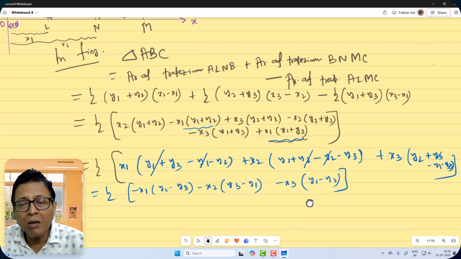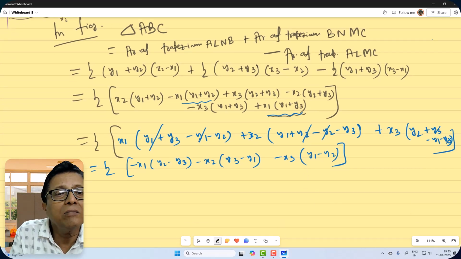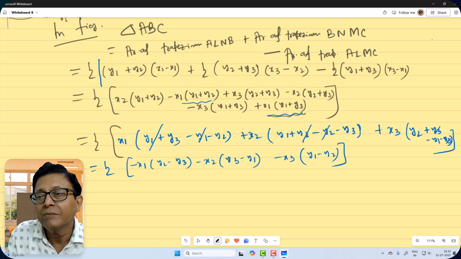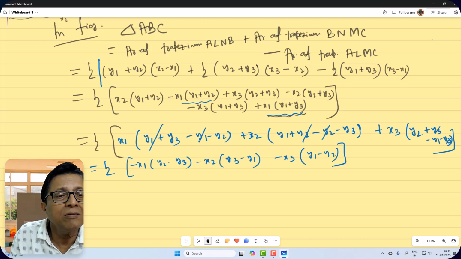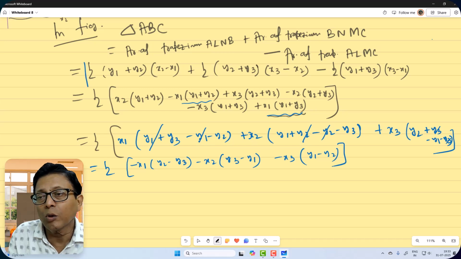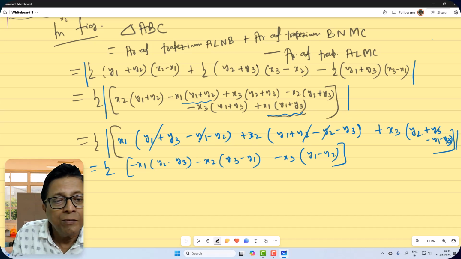So all terms contain minus sign, and area you never write negative, at least here. So all are considered positive. So you take mod of this thing, mod of this thing, mod of this thing, mod of